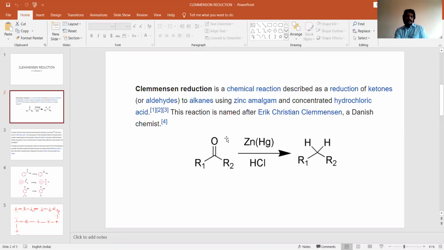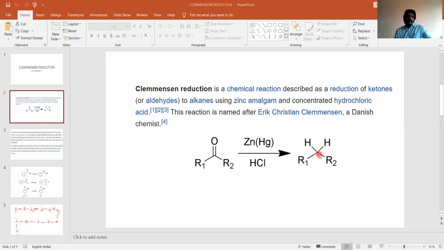So the reaction happens, just a moment, let me try to annotate so that it will be more catchy to your eyes. Yeah. So the carbonyl group, C double bond O group, is converted into a CH2 group in the presence of zinc, mercury, and HCl. So this is a kind of reduction reaction. The C double bond O group is converted into a CH2 group, and this is applicable to a variety of aldehydes and ketones.